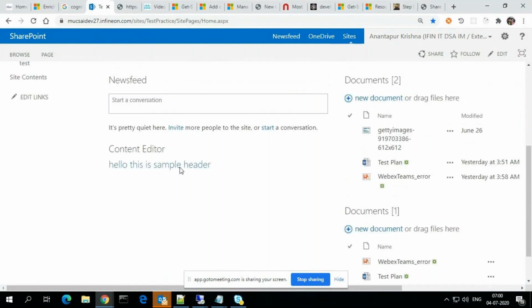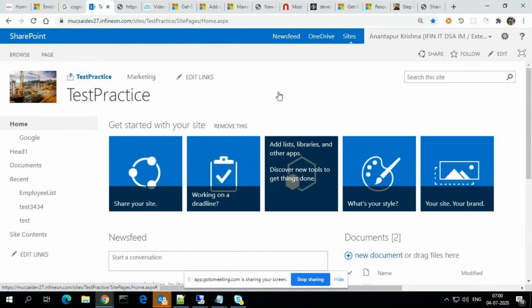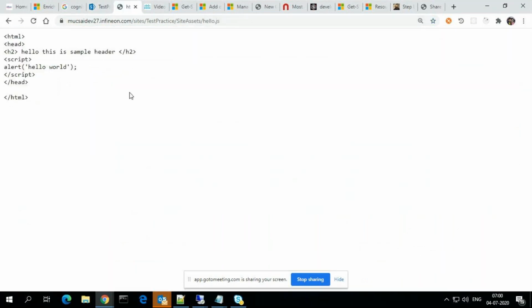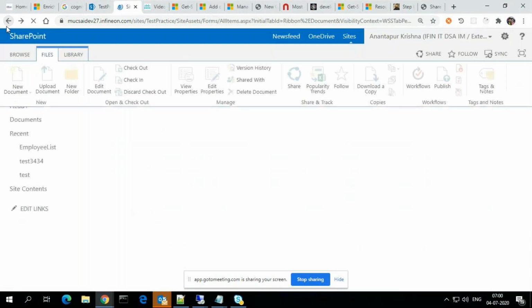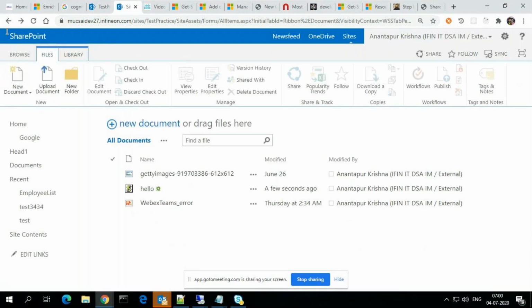Where did you upload that? Could you show me the location of the script file? Yeah, in the site assets library. In site assets, you can see the top URL here. How to go to that site assets?